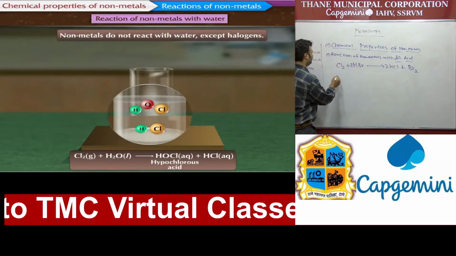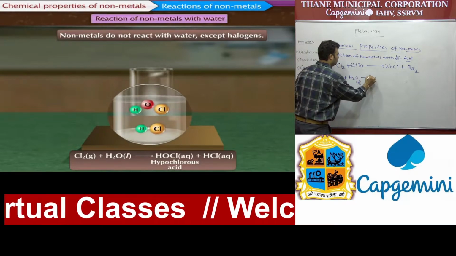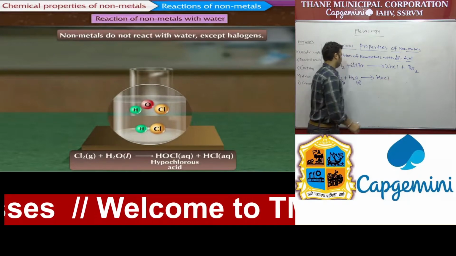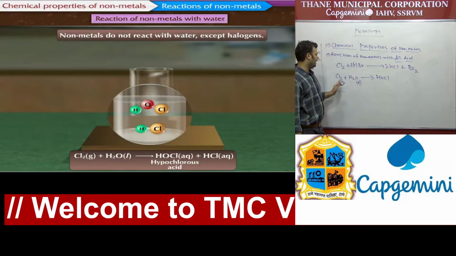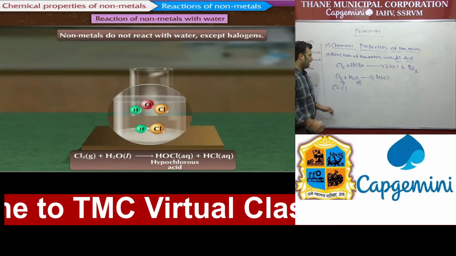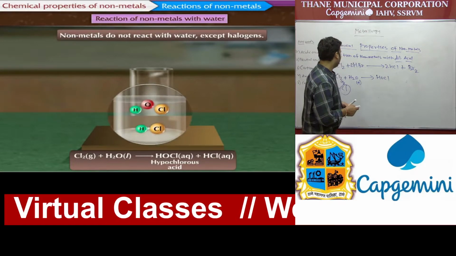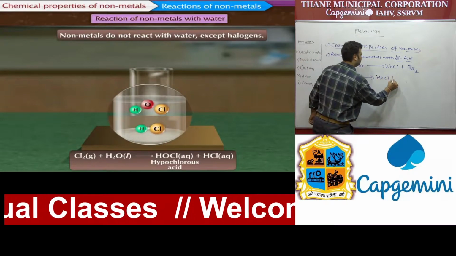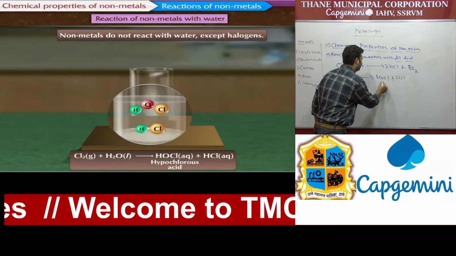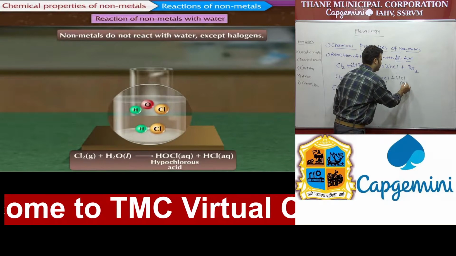If you want to perform some reaction, you can take the slide example. Chlorine is a halogen, and when it reacts with water, H2O, at that time it forms hypochlorous acid, that means HOCl. 1 H, 1 O, so HO, and how many Cl? 2 Cl, so we can break Cl2 into Cl and Cl. So HO and this one Cl, HOCl, known as hypochlorous acid. The remaining one hydrogen plus one Cl form HCl. You can see in the slide also, this is an aqueous solution because it reacts with water, and HCl is also an aqueous solution.